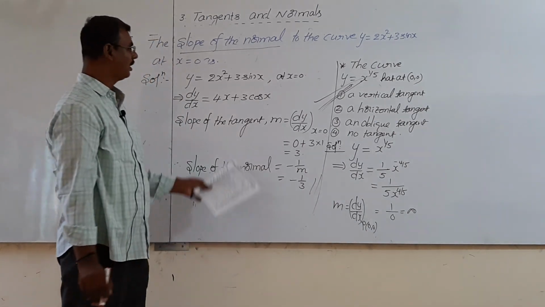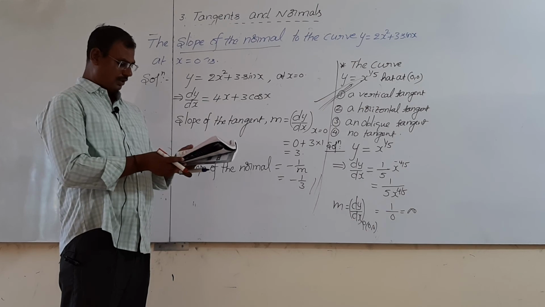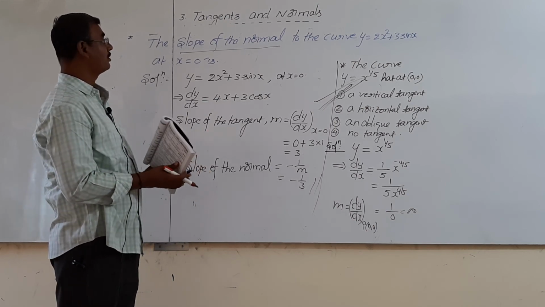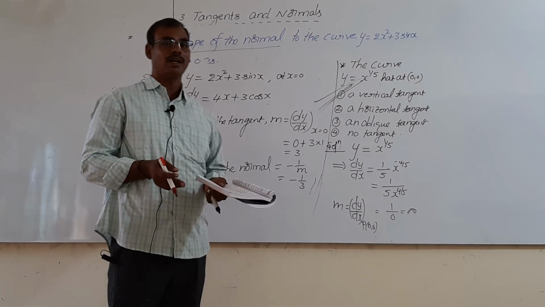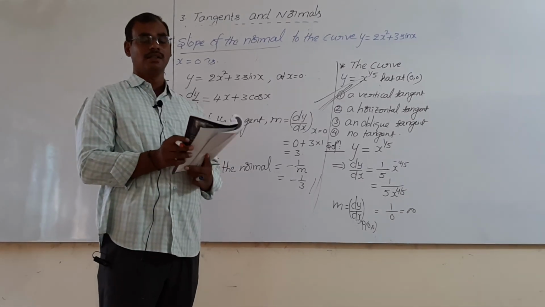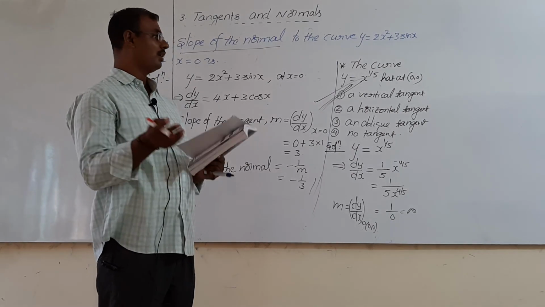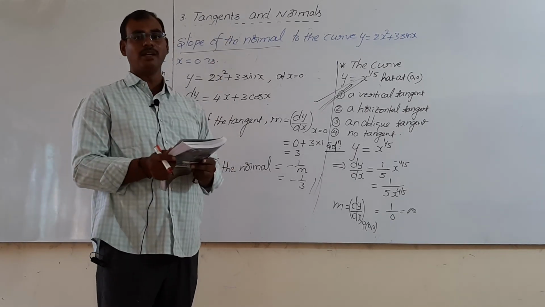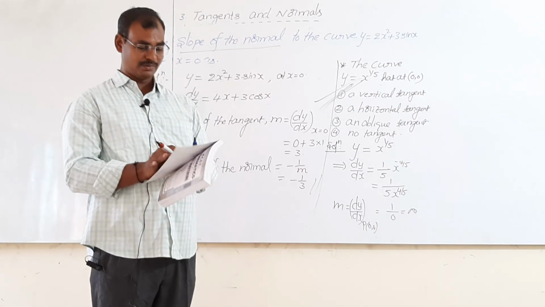Very easy. So like this we have to find the answers to the questions: find the points, find the slope of the tangent, find the slope of the curves. So we have to solve that. And in tomorrow's class, we will see the angle between two tangents, perpendicular conditions, parallel conditions, and how to find the answers. So tomorrow we have to complete the angle between two tangents, angle between two curves model problems. Okay? Thank you.